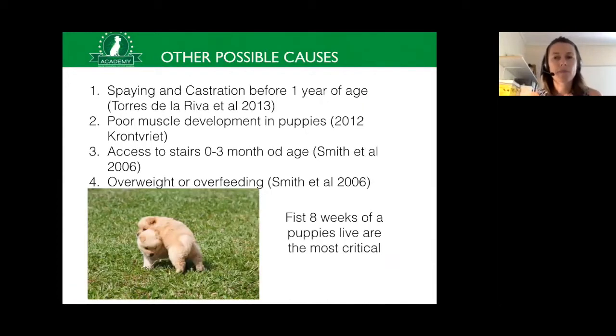Great. So let's talk about other possible causes that could result in an increased incidence of hip dysplasia. One of the studies that was done at UC Davis had 759 golden retrievers, and they looked at those that were spayed and neutered before a year of age and those that were spayed and neutered after 1 year of age. Those that were neutered early, before 1 year of age, had an increased incidence of hip dysplasia and cranial cruciate ligament rupture, and also of some cancers, but I'm not going to go into that because it's not really applicable to the tutorial now, but there were some cancers that were also mentioned